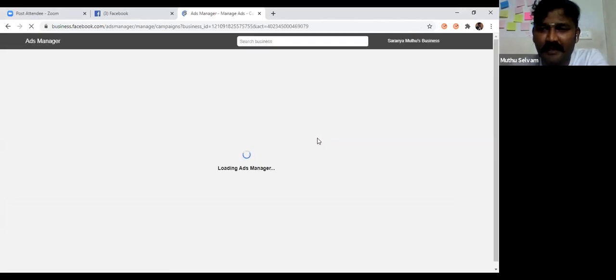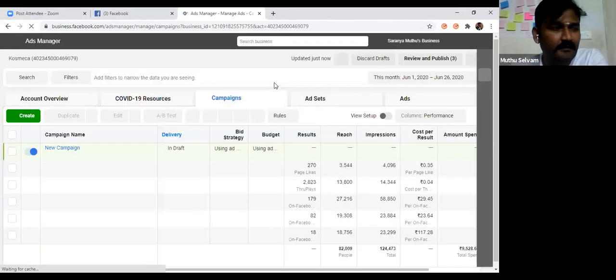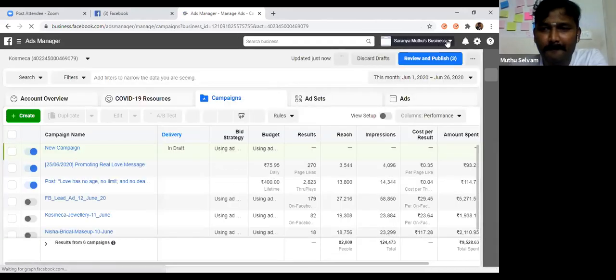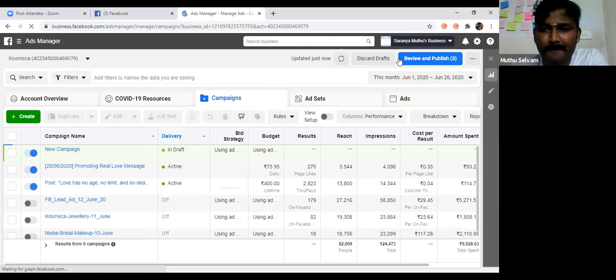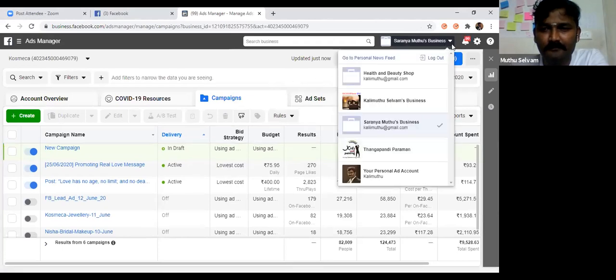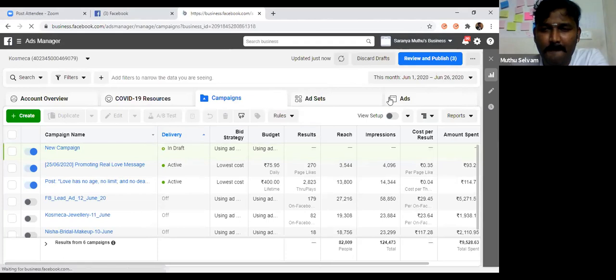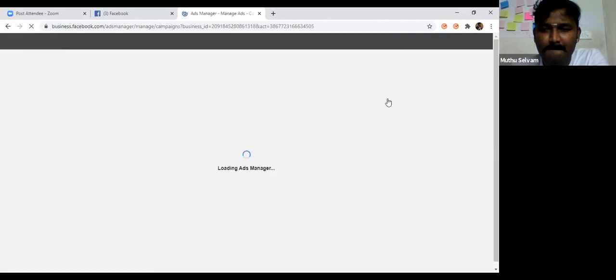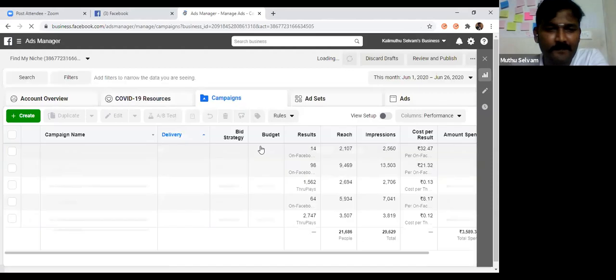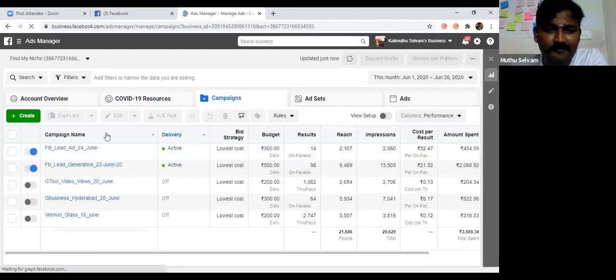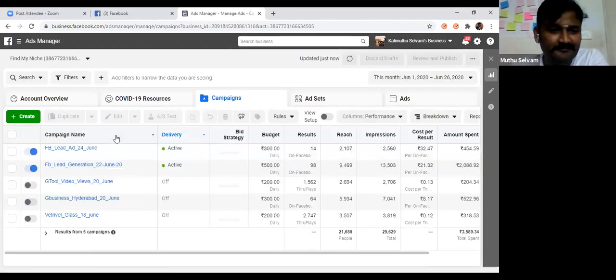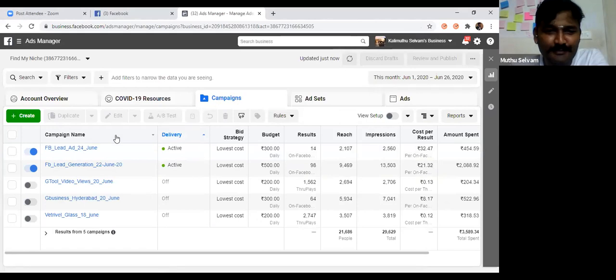That's the reason I have selected another one. Yes, this is the dashboard.